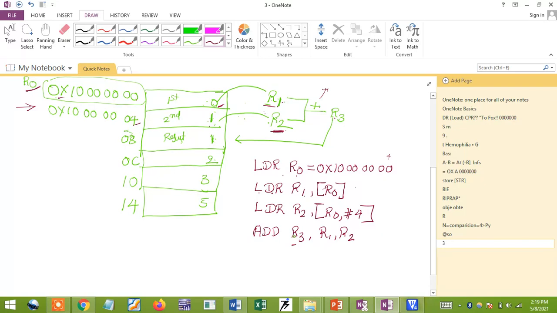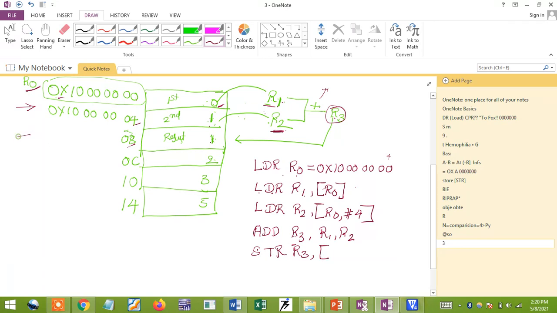Now I need to store this R3 register result in this memory location, the 08 memory location. For that, I need to use the store instruction because data is moving from register to memory. So I'm going to use the instruction STR. Now the result content is there in my R3, and I need to copy it to this memory address.